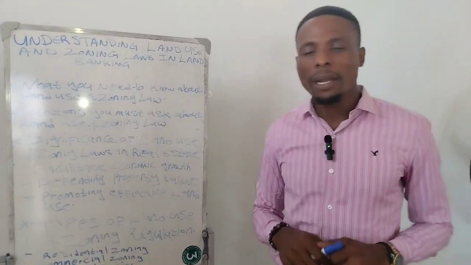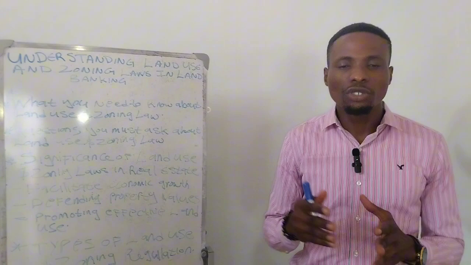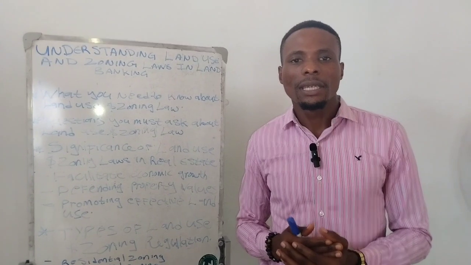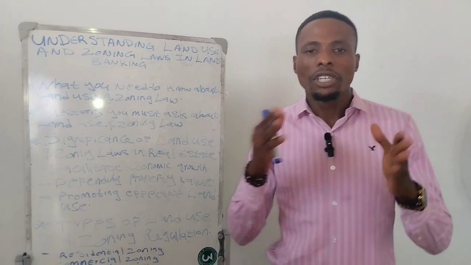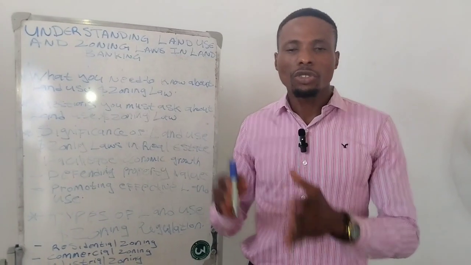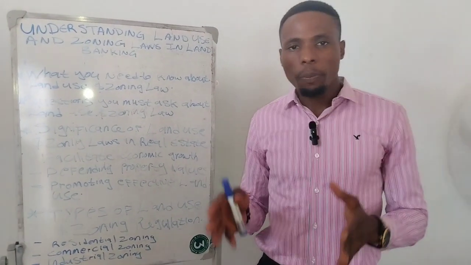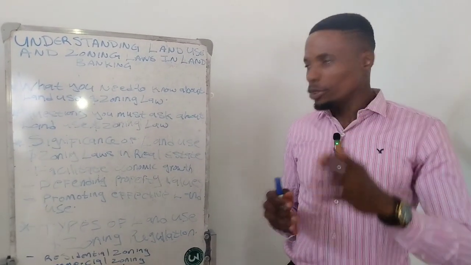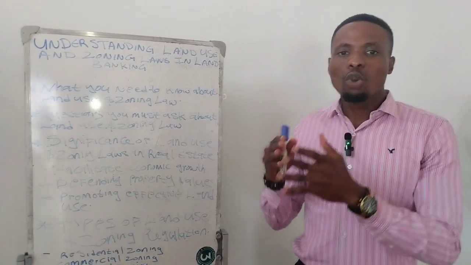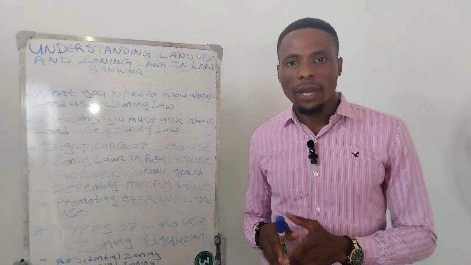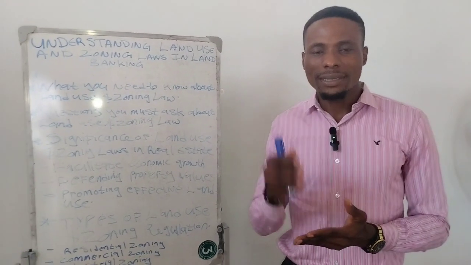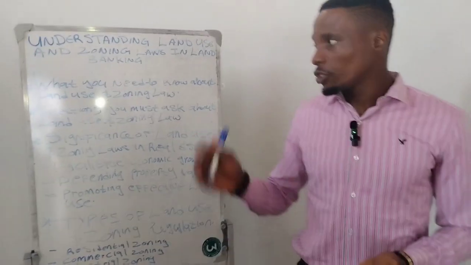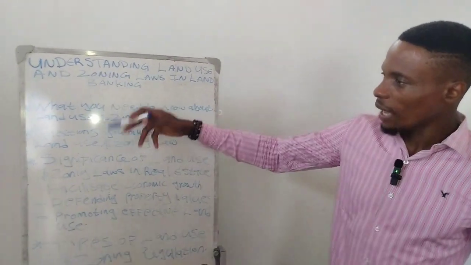Now, according to the World Bank, land use and zoning laws is defined as the regulatory system that determines how individuals, businesses, and organizations use properties, that is, landed properties. Now, I must inform you that before you go ahead to develop a parcel of land or parcels of land you bought, you need to understand that there are different uses of this land, and that's what we are discussing today. Now, there are lots of subtopics I have listed here.